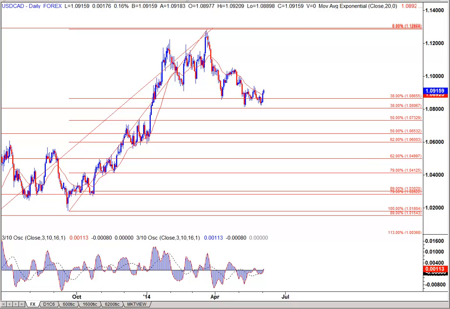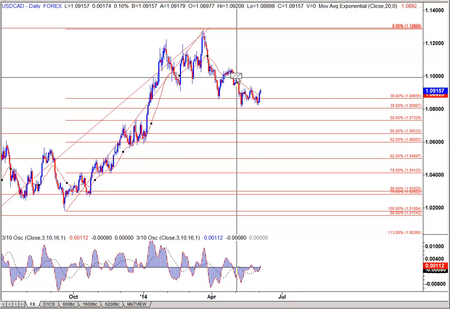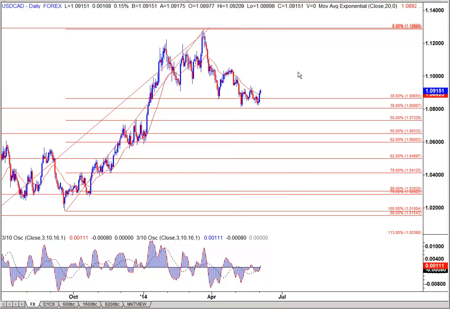Other things we look at are harmonic patterns, and I'm going to get into that in a moment. So why did I look at this in terms of that retracement? Well, if we end up